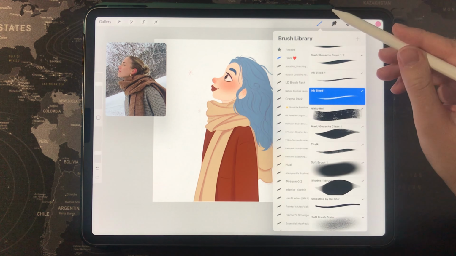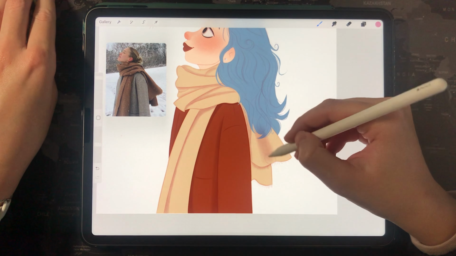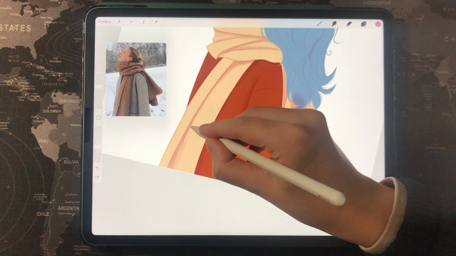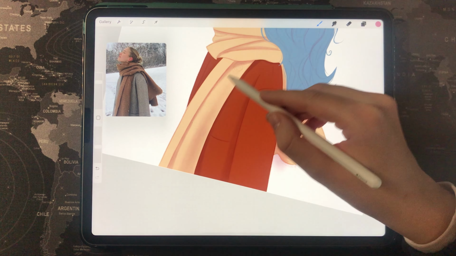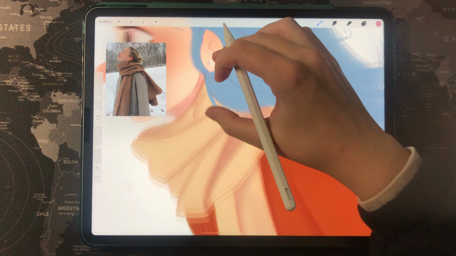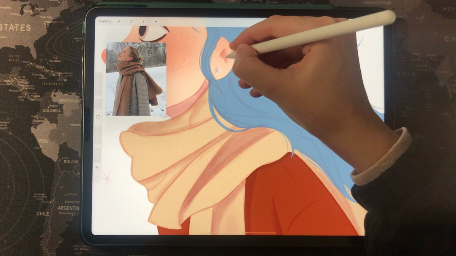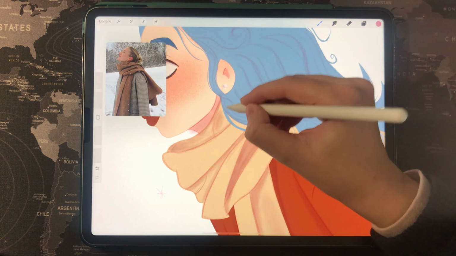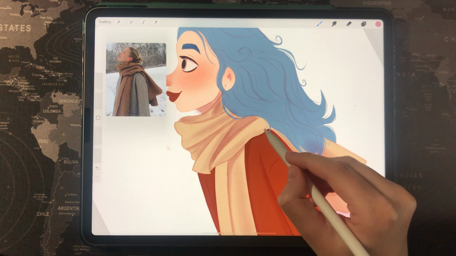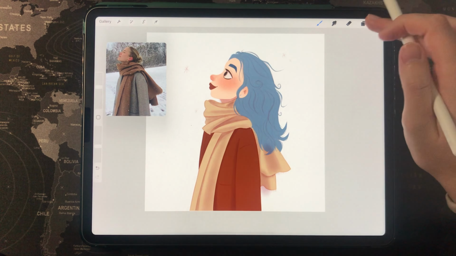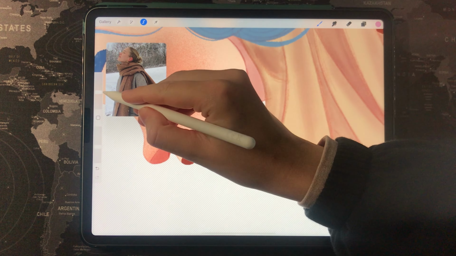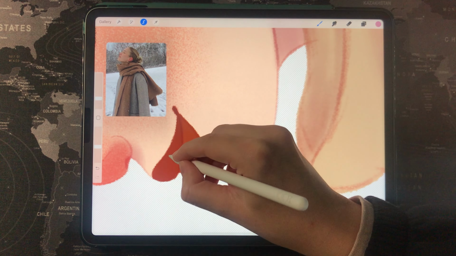And the other type of shadows is softer, and I use a softer brush for it. Also, I always use the same color for all the shadows. I create multiply layers on the top of everything, and I don't need to create a new layer for each part, like for the scarf separately or for the face. I just use two layers to create these types of shadows for the entire character.